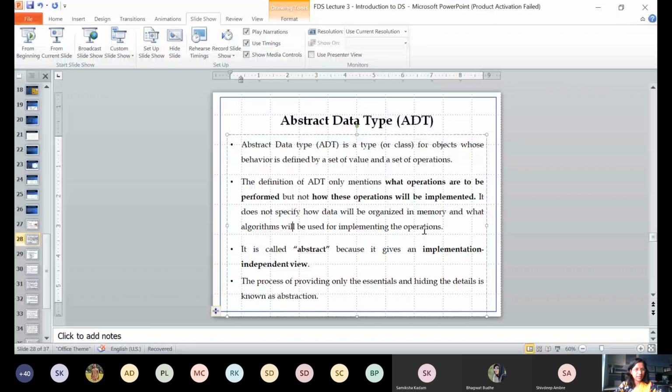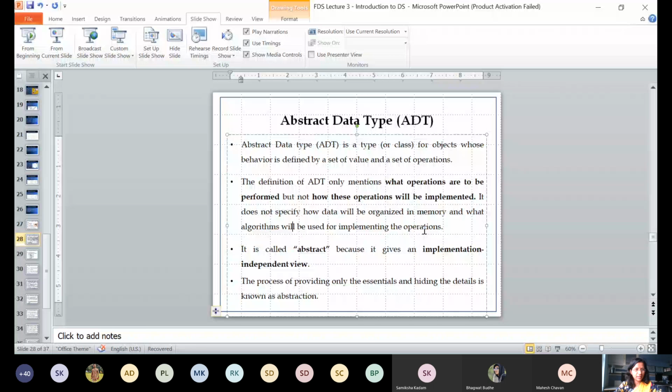How to do settings of different parts which are there on the grass cutter machine, and what set of operations are possible with the grass cutter machine, like adjusting the level, what grass size you want to cut, and so on. But it is not telling me which sensor it is using inside, what the logic is to cut the grass, and how that grass is broken into small pieces. No, we are not bothered about all these implementation details.